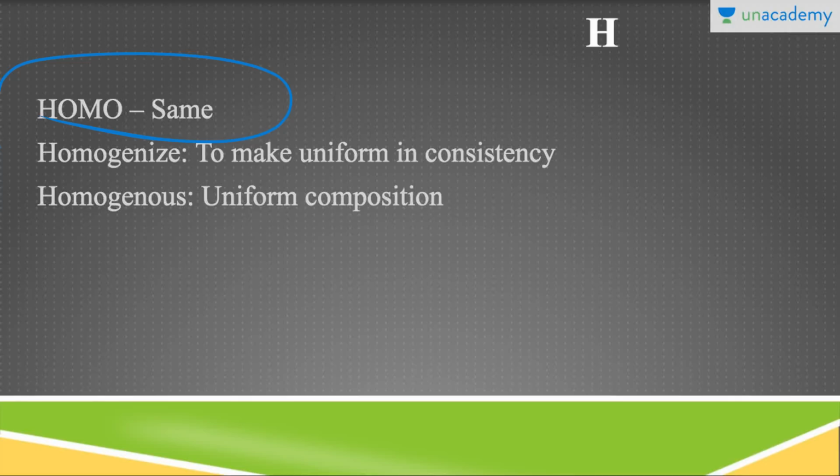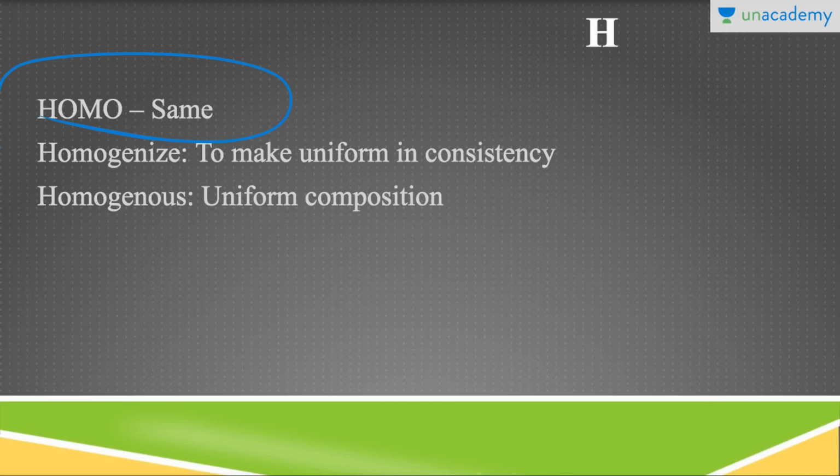For instance, a homogenized society. A society, it's a myth. A society really cannot be a homogenized society. We think that today with the modern civilization, every city looks the same. So today's homogenized society and the kind of development that we have achieved, it ensures that every city kind of looks the same. So homogenized basically is to make everything look similar or uniform.